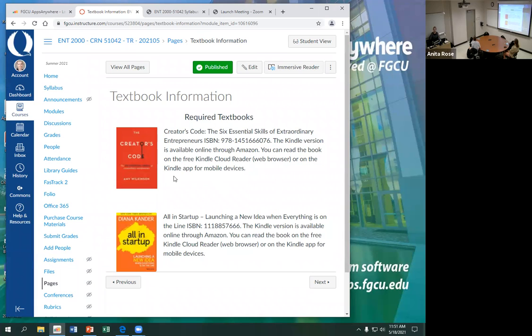I like the read of the Creator's Code, and for the All-In Startup, I like some of the lessons that are from the book. What I don't like about it is that it focuses a lot of attention on gambling, alcoholism, adultery, and things that I really would prefer not to include in my teaching. This book was adopted by the school, so we teach it, but I do a very nice review on the book